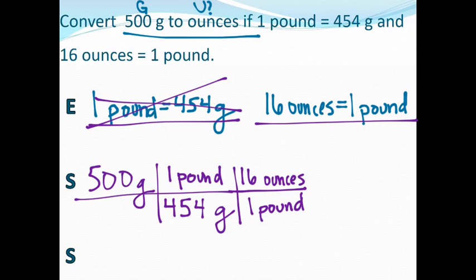You don't have to cross everything out along the way and circle stuff if it gets too messy for you. All you need to make sure while you're looking over things before you calculate is double check that you started with your given, good, then that we have our cancelable units on these diagonals, top here, bottom there, good. Top, bottom, I'm left with ounces, which is what I was looking for. So you can find all of that information and check whether your setup is good without having to make it all messy. So I'm confident in this setup, and when I multiply it all together, then that is going to get me